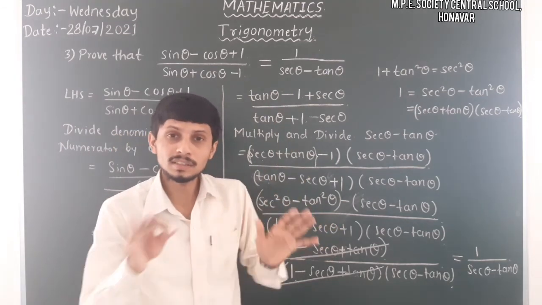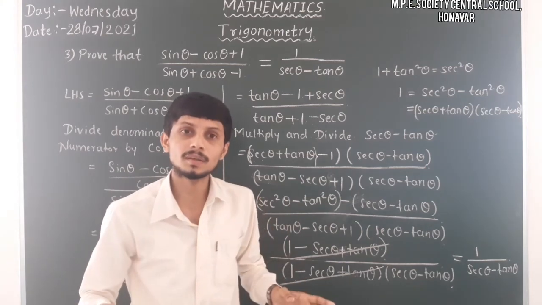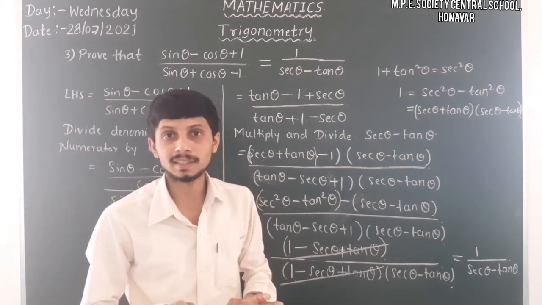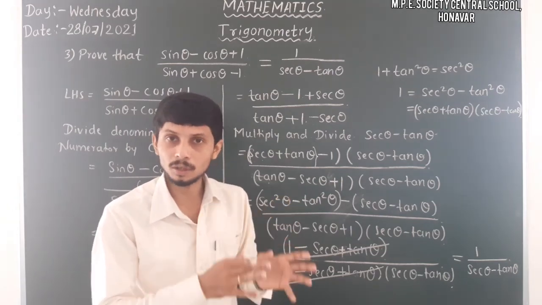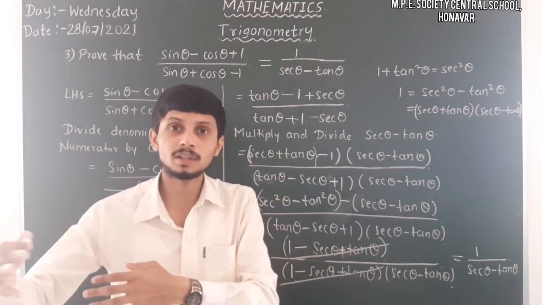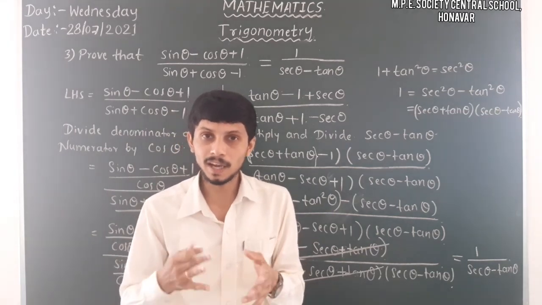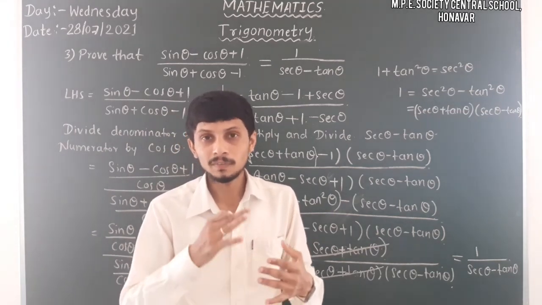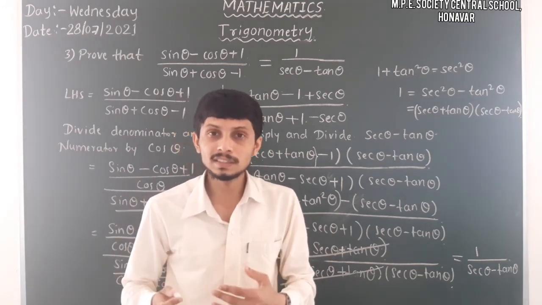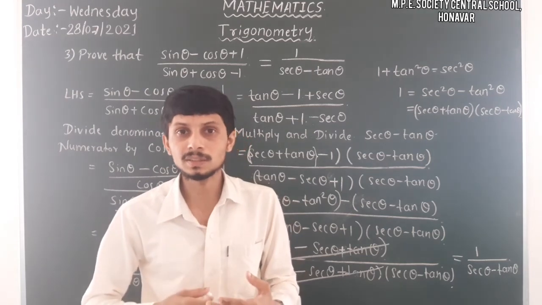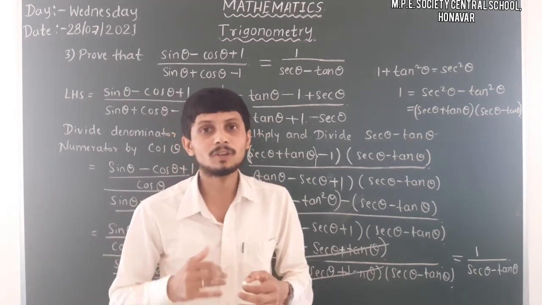So here in this part of the problem, in all the problems it is the same. Firstly we have to recognize which part of the trigonometric ratio we have to convert into which part. So firstly we have to take the first step. In the first step we have to convert it into our required form, which is a very easy form, the easiest to get our required result. That form we have to convert.